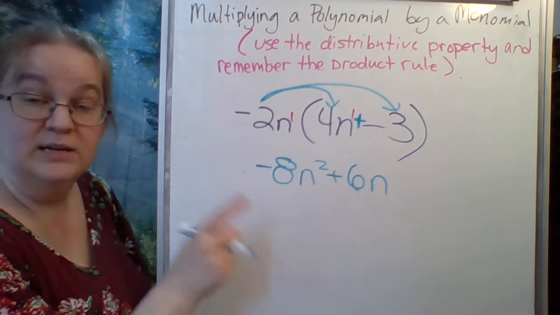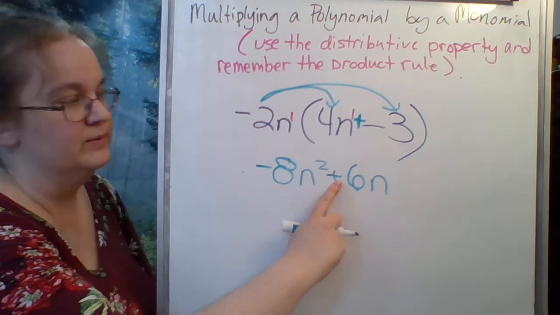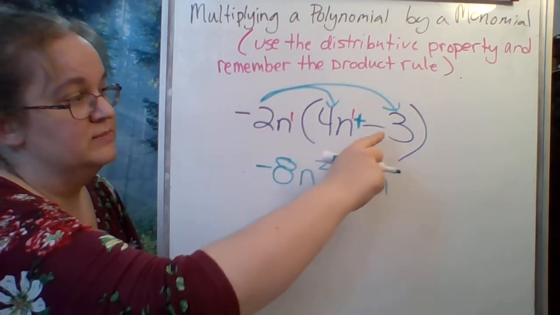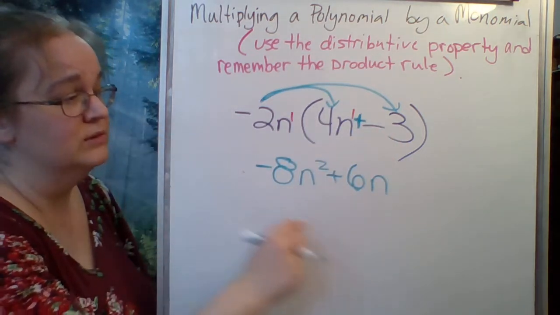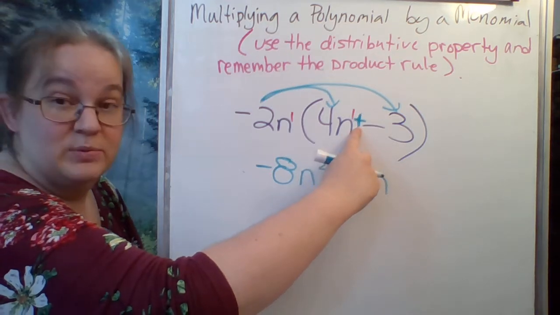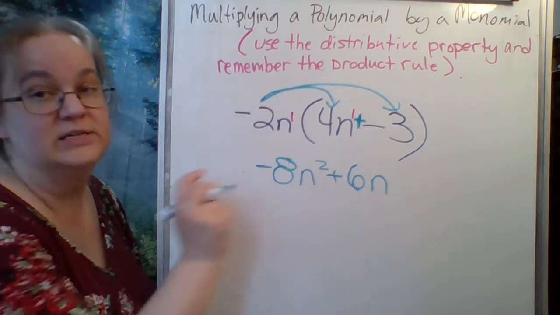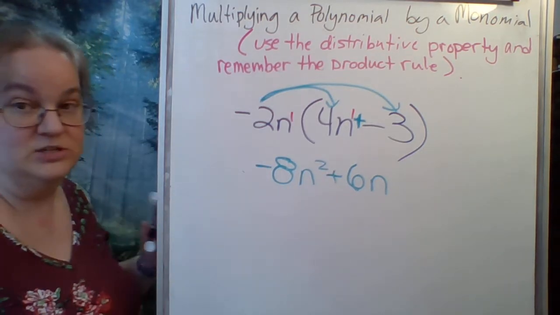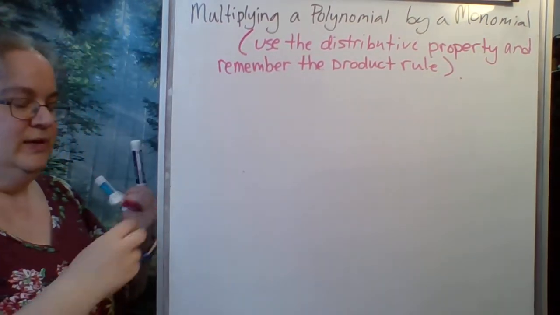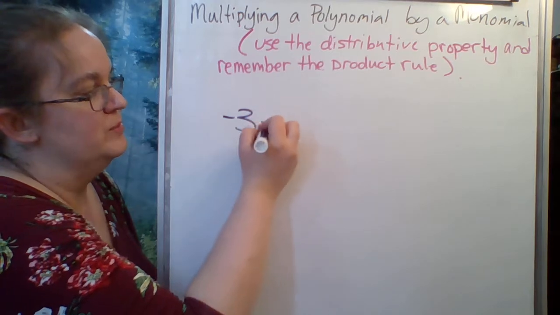The number one mistake that I would see for this problem is a subtraction sign here instead. If you don't do this, understanding that negative 2n times this is going to give you positive 6, they cancel each other out. So if you treat it like plus and minus, you're way less likely to make that mistake of having a minus sign in here instead, because that would be the wrong answer. It's a totally different number. Okay. All right. If we take a look at one more problem,